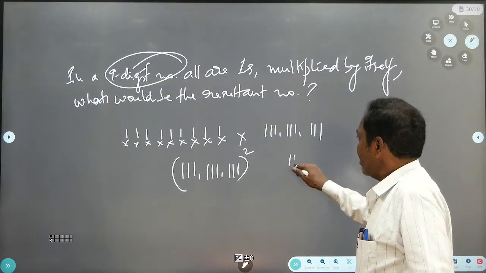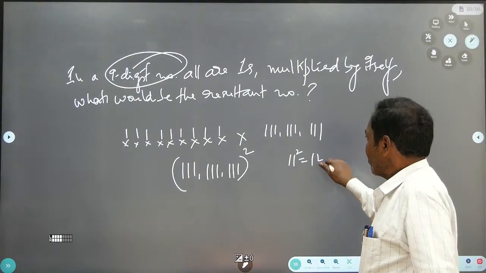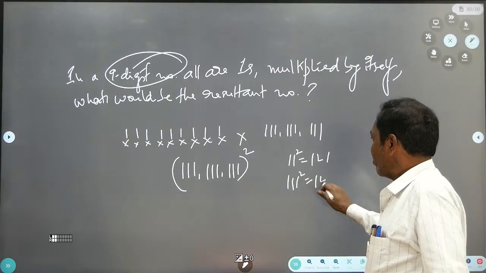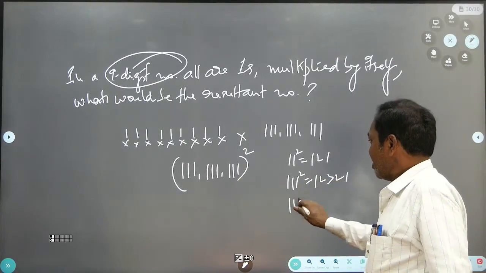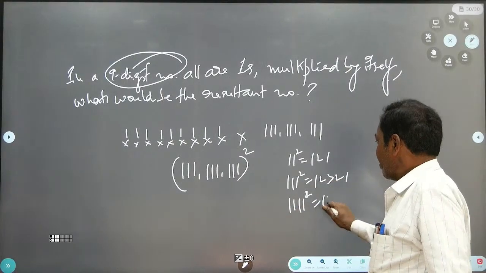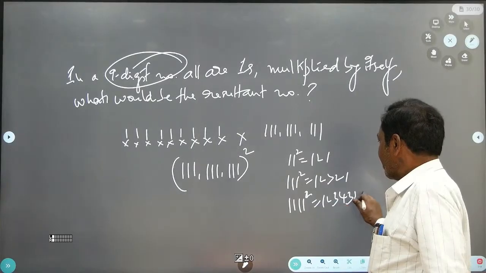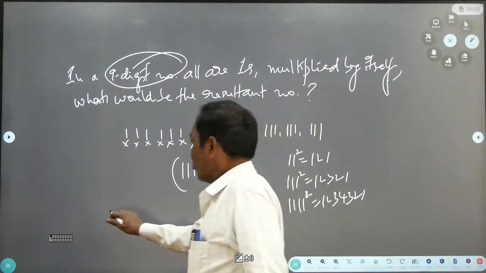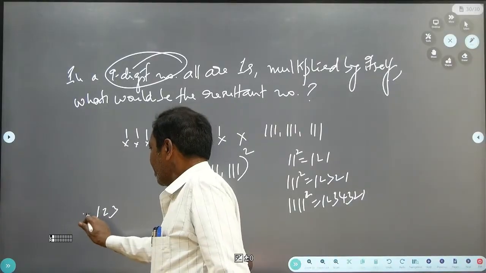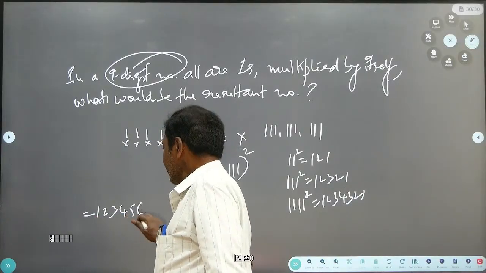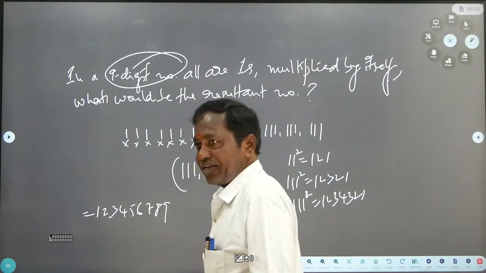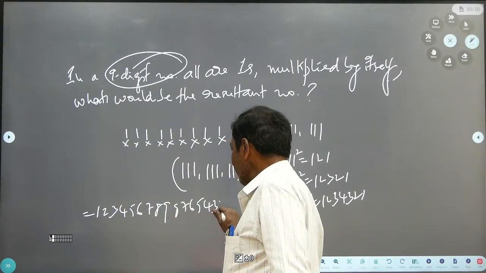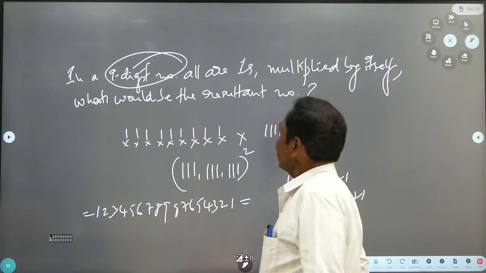For example, 11 square is 121, two ones are there. 111 square is 1, 2, 3, 2, 1. Like this, 1, 2, 3, 4, 3, 2, 1. See, like that. When 9 is there, what will happen? 1, 2, 3, 4, 5, 6, 7, 8, 9, 8, 7, 6, 5, 4, 3, 2, 1. See,